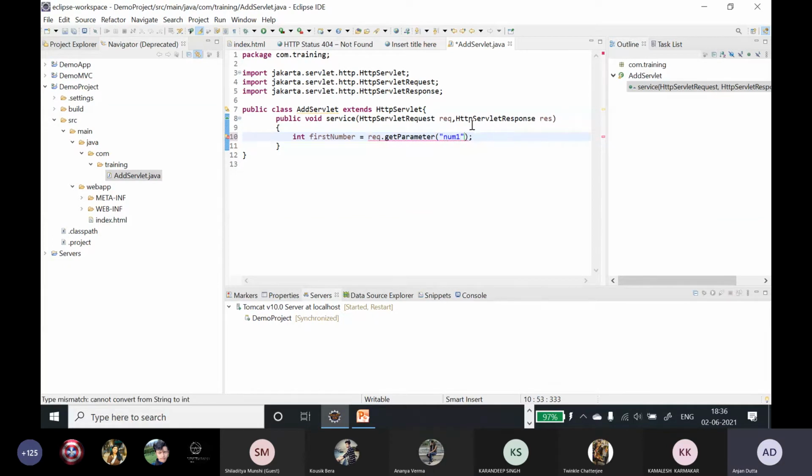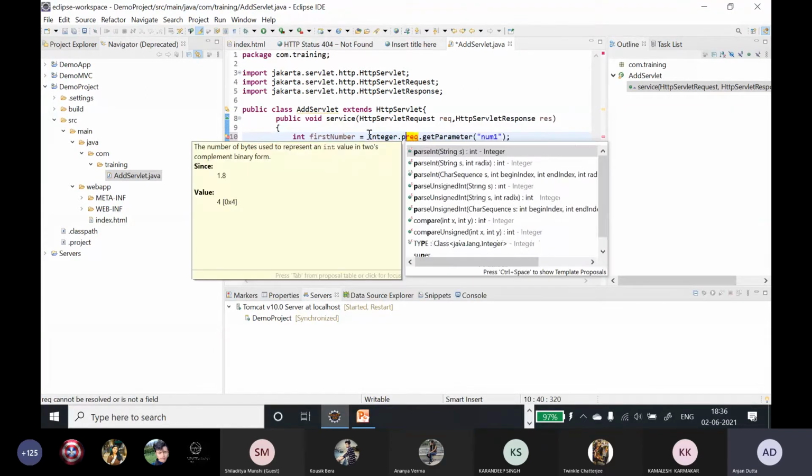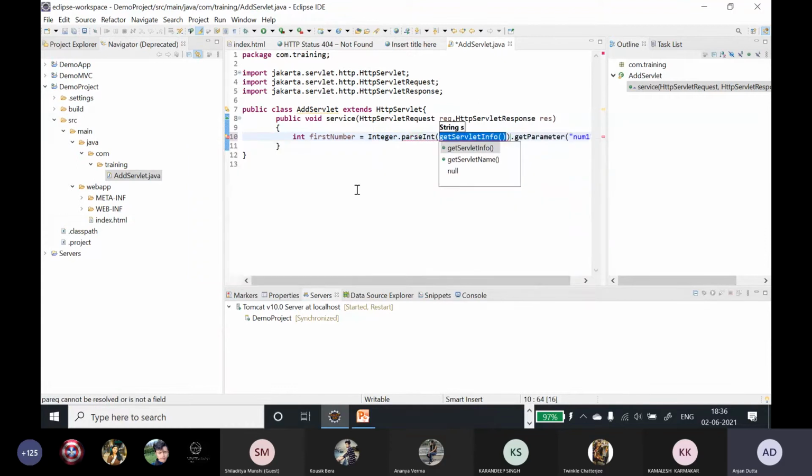Now see, this value is coming as a string, so I should convert it to integer. So how to convert this? I will write Integer. It is the famous conversion, right? We actually frequently use this. Integer dot parseInt. Then inside that, I am giving the